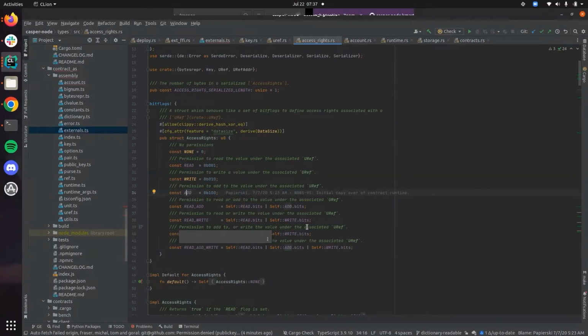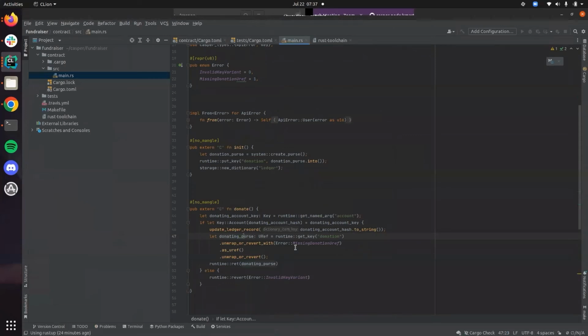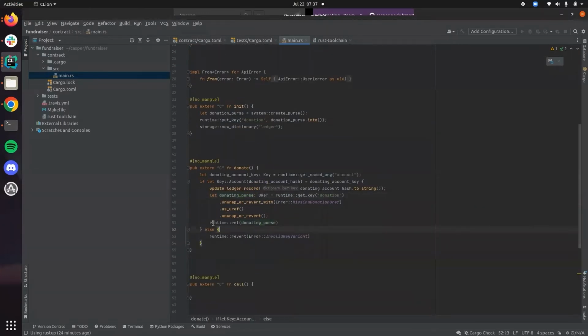Now, the problem is, if we just gave away this purse as we're currently doing, we would be giving it away with read, add, and write privileges, which is a problem. Because once we gave this purse away, as part of this one-time return call over here, we're giving it away with the WRITE access rights alongside it, which means a person accepting this purse would get that write access with them,